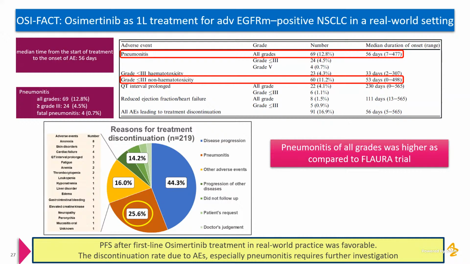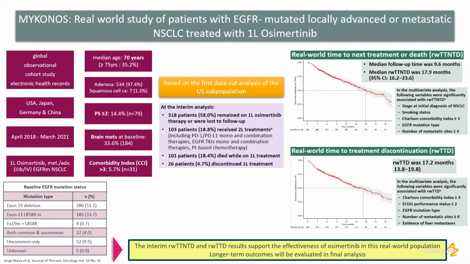PFS after first-line osimertinib treatment in real-world practice was favorable. The discontinuation rate due to adverse events, especially pneumonitis, requires further investigation. So the Mykonos study, this is from the USA, Japan, Germany, and China. Here also PFS more than 2%, 49, 97%. Adenocarcinoma brain mets 33%, and exon 19 deletion 51%, exon 21 33%, and you can see here